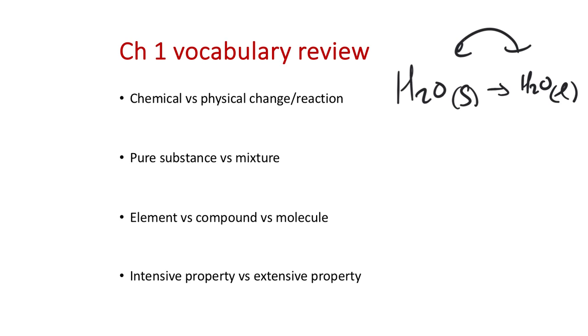Pure substance versus mixtures. Obviously you can have pure water, you can put things in it, have a mixture. Mixtures can be heterogeneous or homogeneous. So homogeneous is perfectly mixed, heterogeneous has different layers. So heterogeneous is like oil and vinegar that have settled. Homogeneous mixture would be like salt water that's fully dissolved. So the difference between some of these words here, like an element is just one of the elements in the